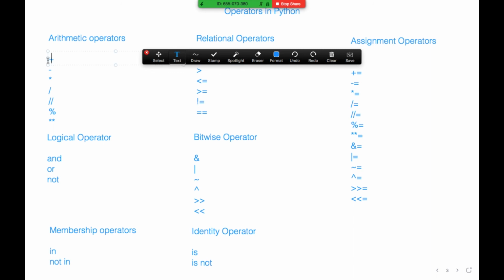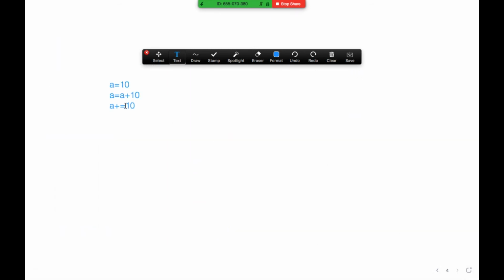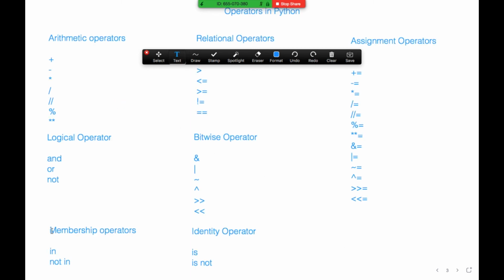Here we have arithmetic operators and here bitwise operators, right? So this is the shorthand form of those assignment operators. Either we can use the expanded form like this, or we can use plus equal to, minus equal to, star equal to, whatever operator you want to use here. So these are the operators available in Python, similar to other programming languages like C, C++ and Java.